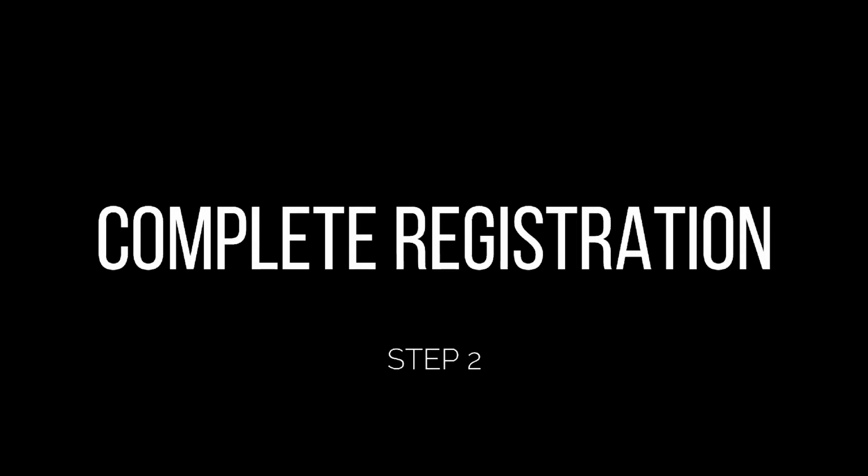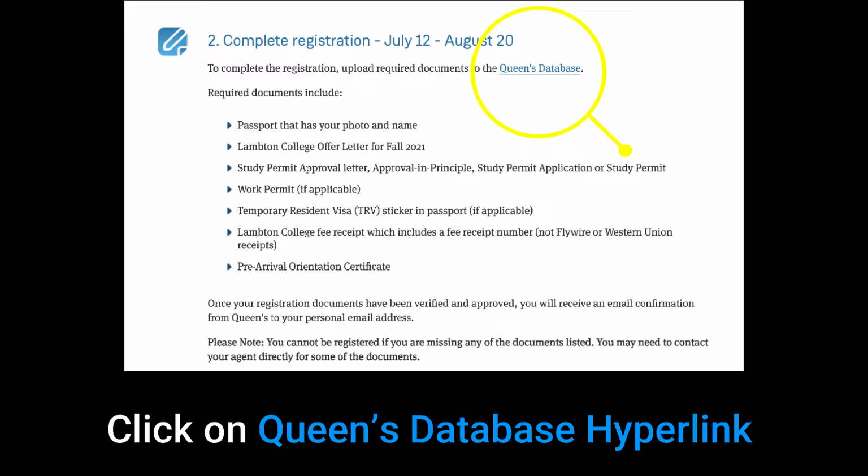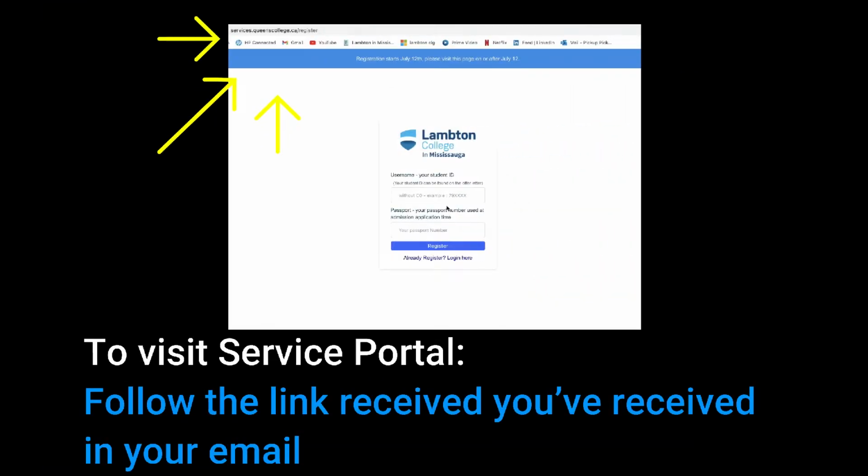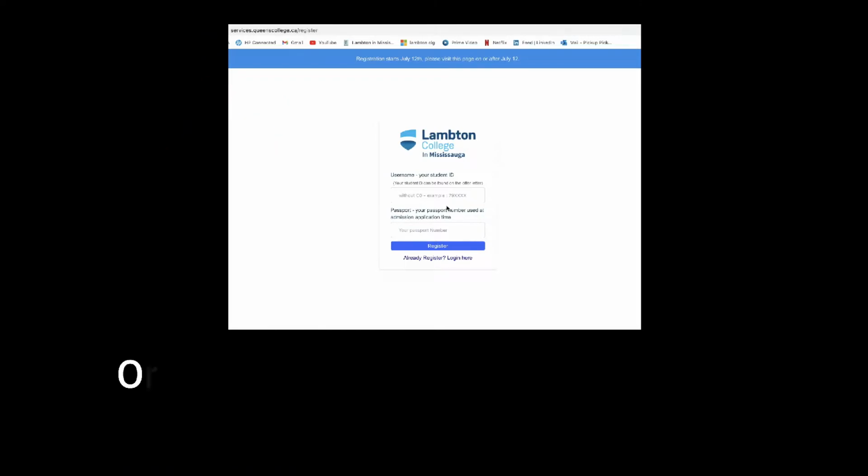Step 2. Complete registration. To complete registration, students are required to upload documents to the Queen's database. All the documents are to be uploaded at the service portal. To visit the service portal, you can simply follow the link you have received in your email after completing all the modules, or you can just visit